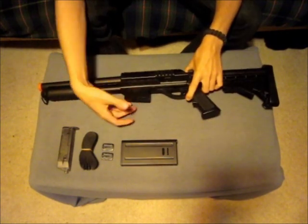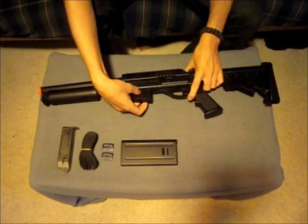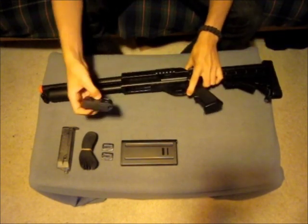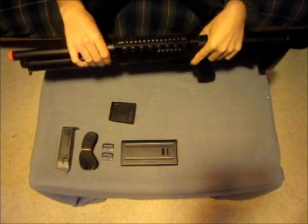Taking out the magazine is really simple. All you have to do is push both of these buttons. There's one on either side of the gun. Just push those in and pull out, and sometimes a couple of BBs will fall out if you don't have it fully emptied. If that happens, just make sure to turn the gun upright to make sure all of the